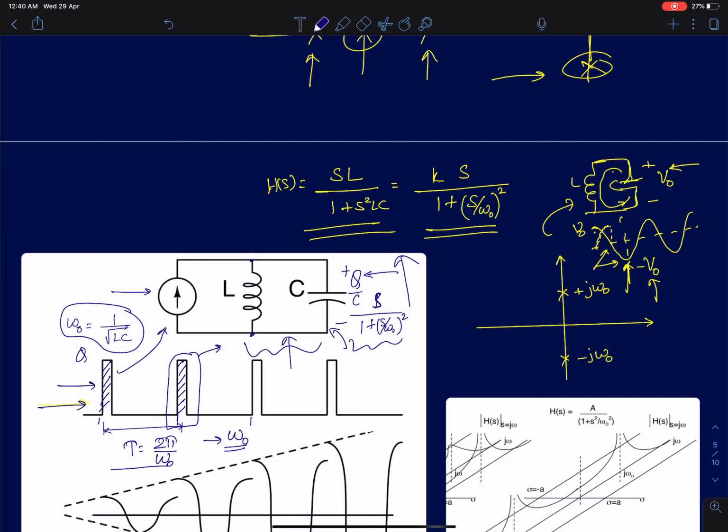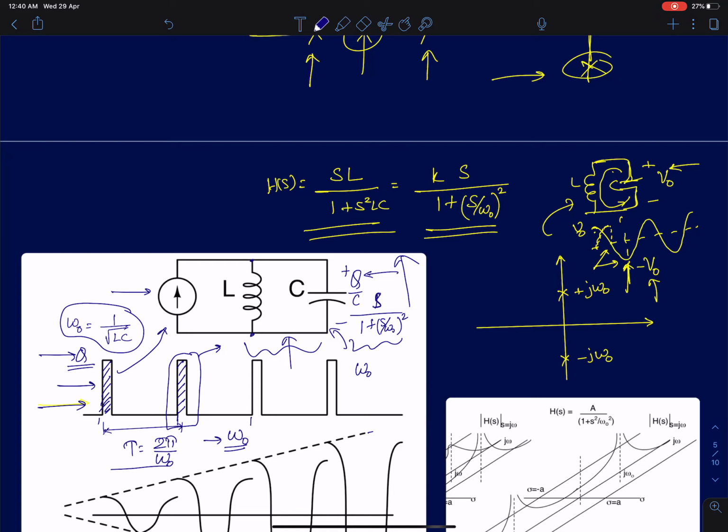If you approximate this pulse train to narrow pulses, impulses, then the Fourier transform will contain energy at all harmonics of omega naught, 2 omega naught, 3 omega naught, and so on. Now this is a current pulse, so the area under the current will be charge. I'll assume the charge that each current pulse delivers is Q.